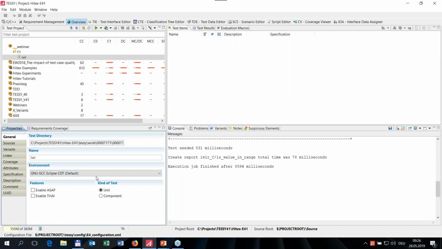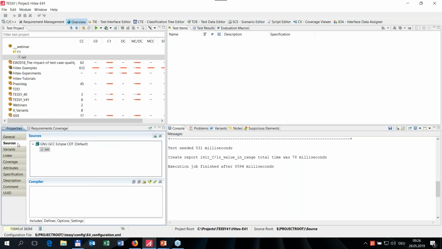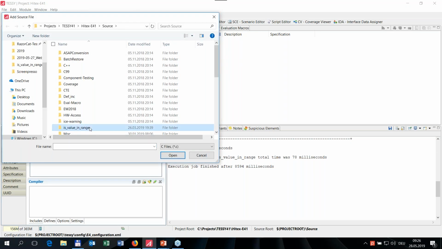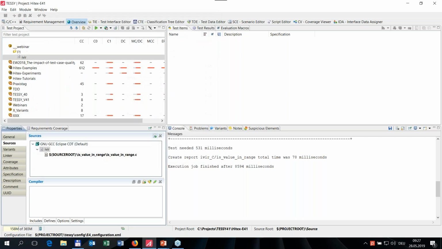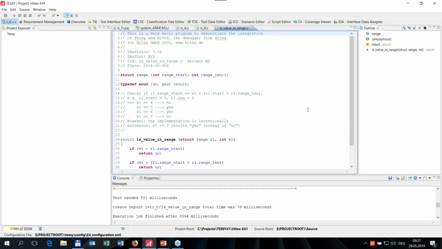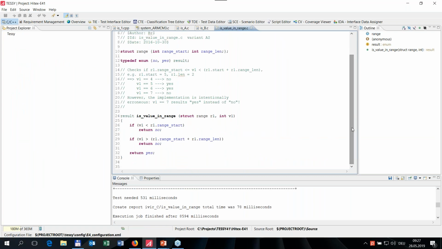The GCC compiler which you have chosen is the default that you can also use if you have an evaluation version of Tessy without any cross compiler. And the next thing is that I have to select a C source file in which the test object which I want to use is in. I select the file isValueInRange.c, and I would like to show you the contents of this file. I can edit the source code file, and you see we have here a very simple C source file with only one